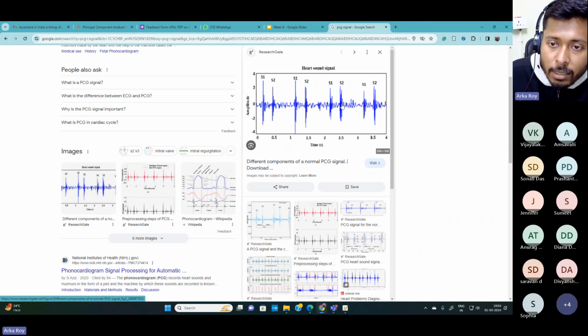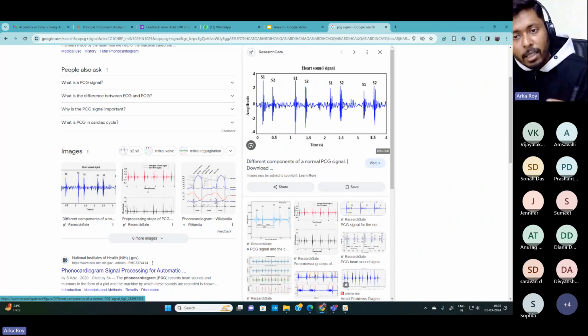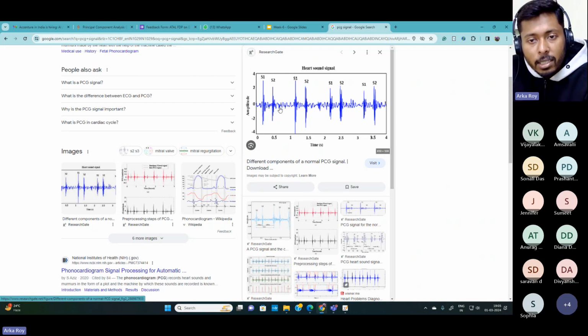Now at the time of testing, you have collected a phonocardiogram signal from a real-time patient. Let's say you have collected a phonocardiogram signal from me, and then you are feeding that signal to your trained model, which gave 100% accuracy at training. You can see that in my phonocardiogram signal, intermediate values